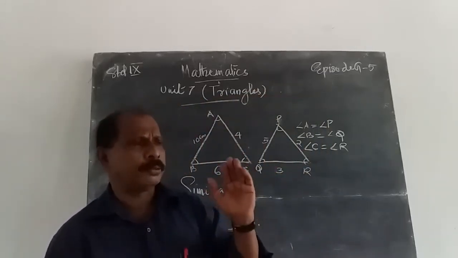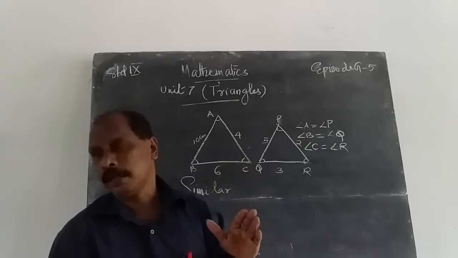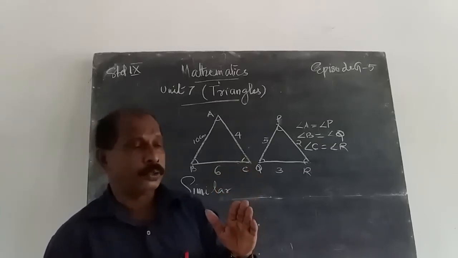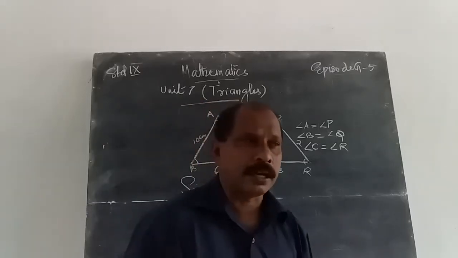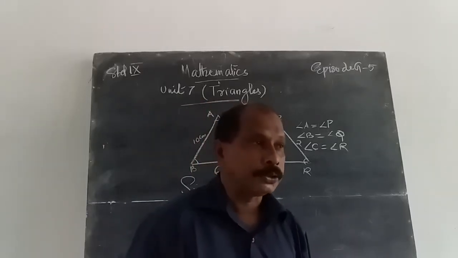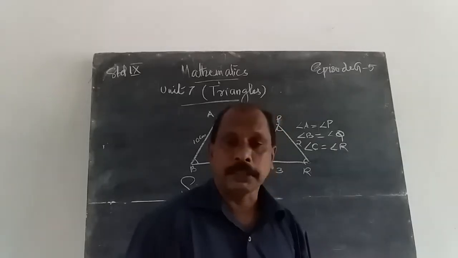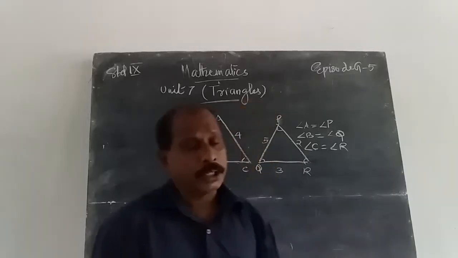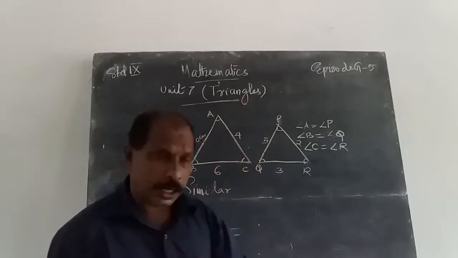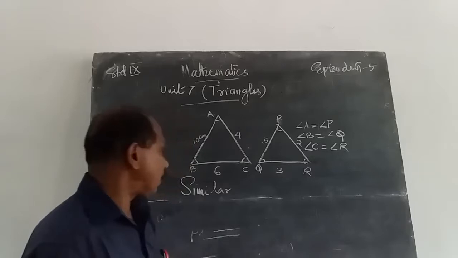Proportional means the ratio between them is a constant. It is a value without units, because centimeter by centimeter, the centimeter cancels. We get 10 by 5 is equal to 2, 6 by 3 is equal to 2, 4 by 2 is equal to 2. Therefore, that is a ratio. Therefore, the ratios are proportional. Then the triangles are similar.